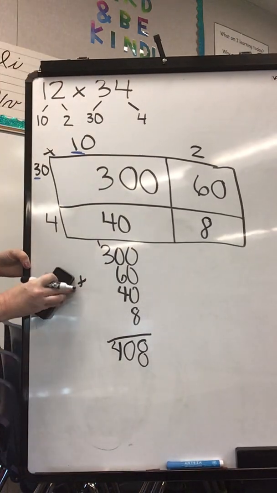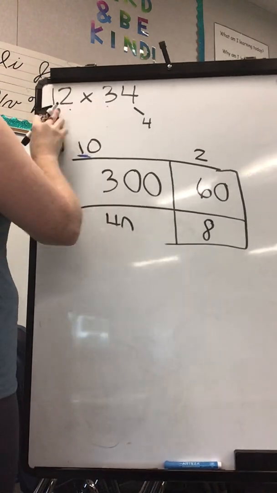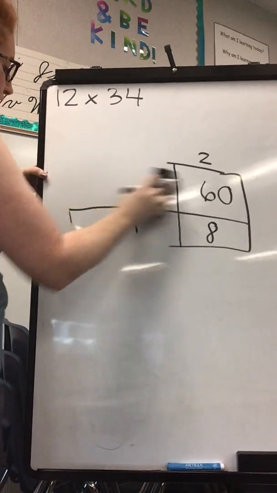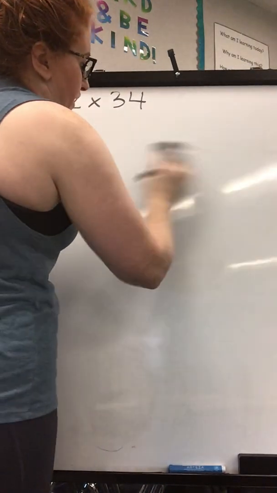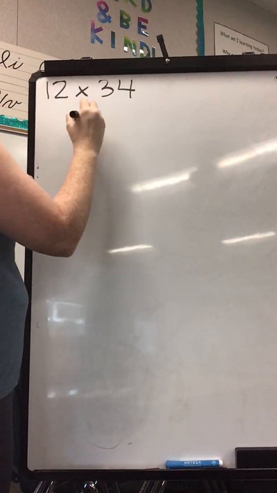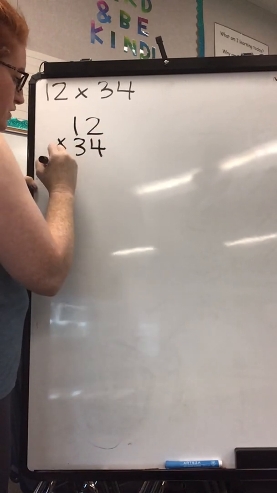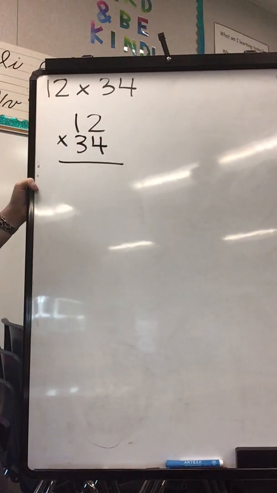Now I'm going to take the same problem, 12 times 34, and I'm going to do it using partial product. So I'm going to line it up as carefully as possible, 12 times 34. And partial product using